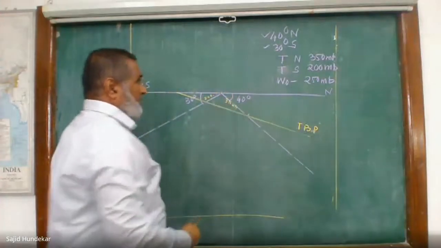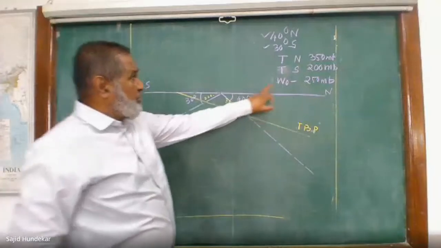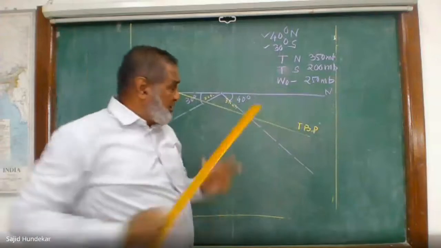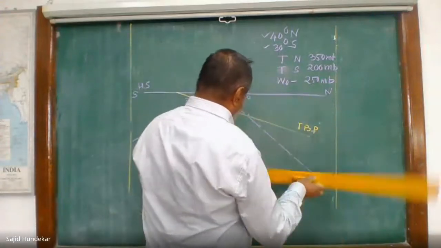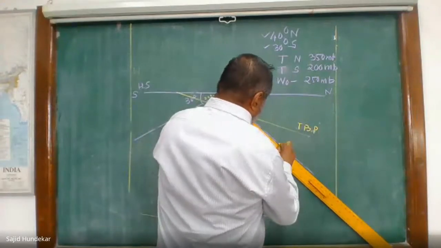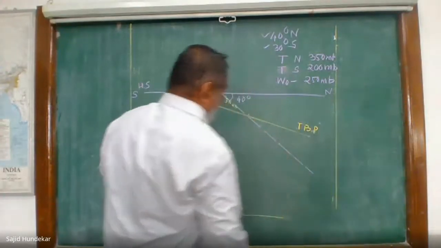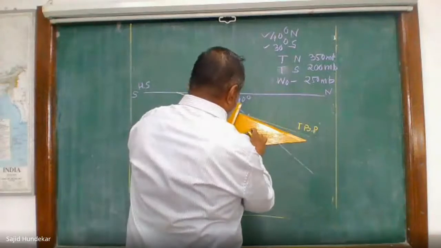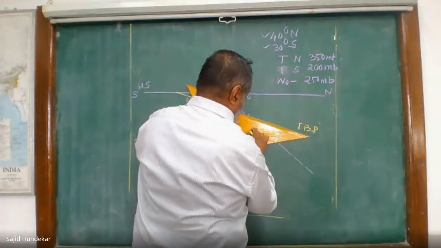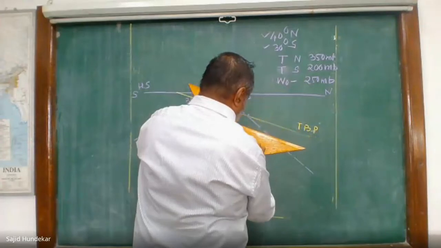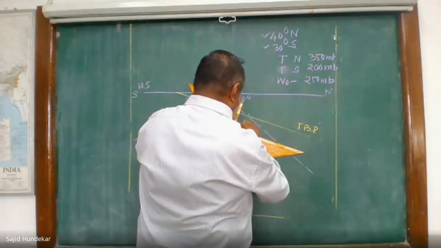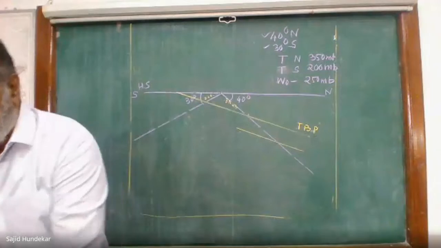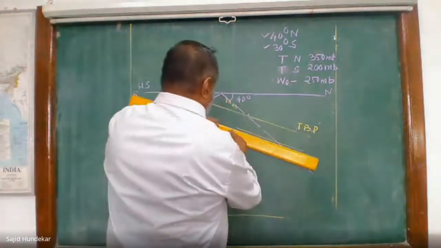And now the width of outcrop on the northern slope is given as 250. So from this point we have to take the other one, 250 meters, and plot the point. Now you have to draw a parallel line. Slowly come down, and from that point draw the parallel bed. So this is your bottom bedding plane now.